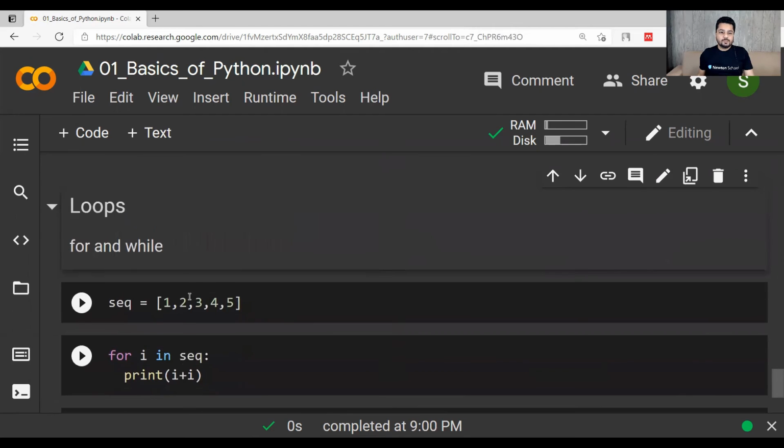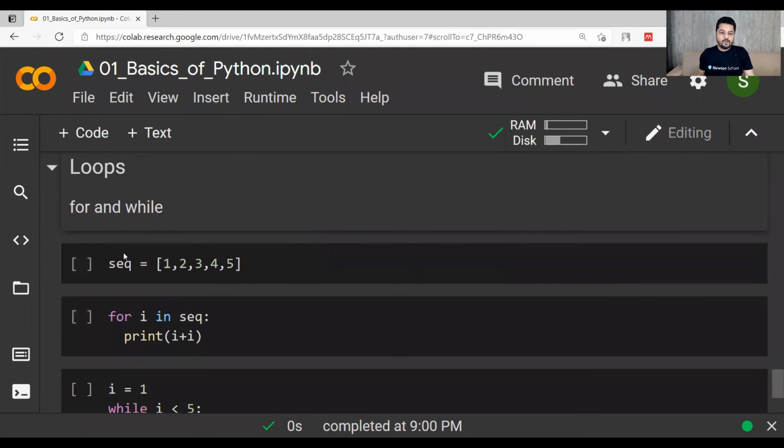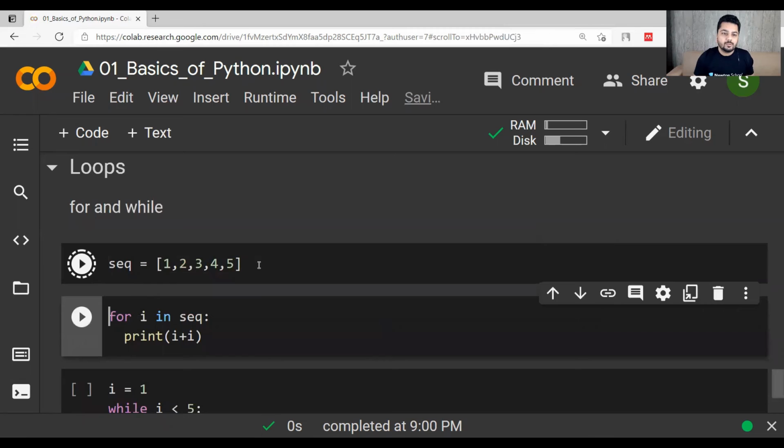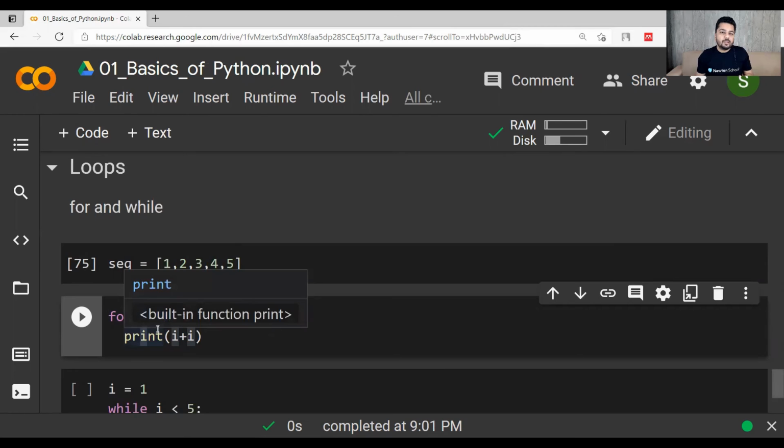Now let's see loops, for and while loop. Let's say that we have a sequence 1 to 5. Okay, this is a list. I will come to lists later. For now you can think of this sequence as an array, right? So sequence equal to 1 2 3 4 5. Now for i in sequence, print i plus i. Here i is a variable which can be anything, it can be your name also.